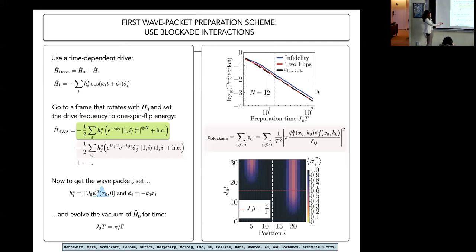This is a result of a numerical simulation. This is for one wave packet. This is for two wave packets on 25 spins. And we get 98 plus percent fidelity for generating these wave packets with the parameters of, say, a trapped ion experiment. Even the error that comes from these off-resonant terms seems to be consistent with the infidelity that we see in these numerical simulations. So this is sensible. We have another proposal for this.